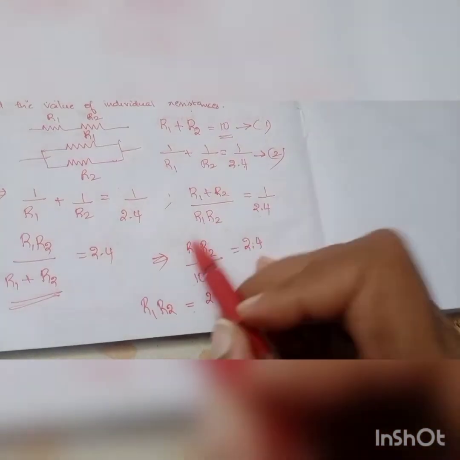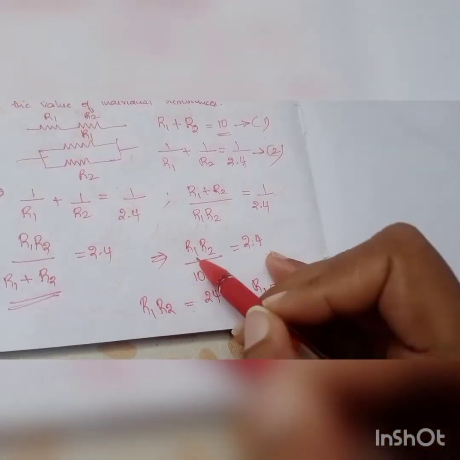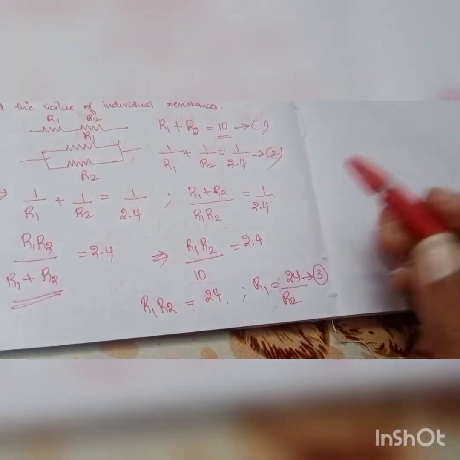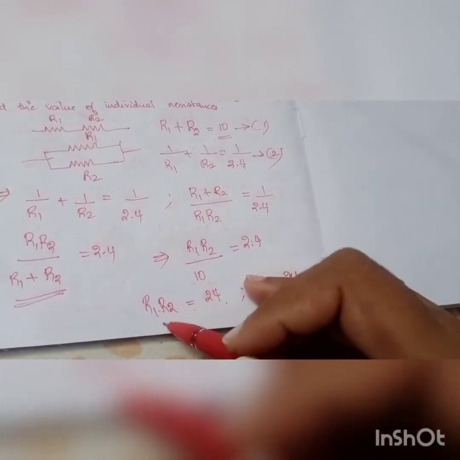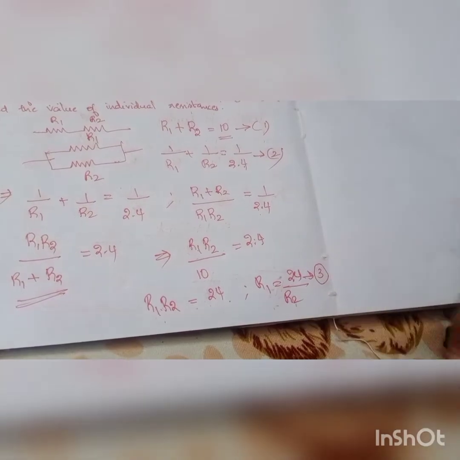Is this clear? So I'm just cross multiplying this. I'll get R1 R2 is equal to 24, and if I'm finding an equation from this, R1 is 24 by R2, right? Now what I'm going to do is substitute